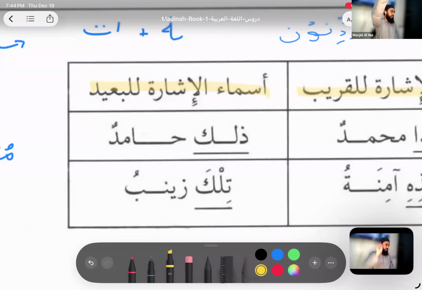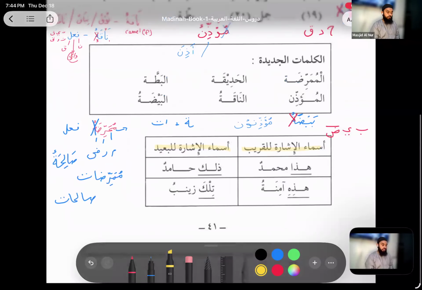هذا, how do you say that for masculine? ذلك. Female, this. هذه. Female, that. تلك. Put that in your heads. Keep this in your minds all the time. Very important. This is the gist and the summary of this lesson. Just know the difference. تلك, ذلك, difference. That. Female and male. هذا and هذه. هذا and هذه, yeah, they sound very similar. But tilka and ذلك, they sound very different. They're not even from the same root letters, right? But you just have to know that. تلك and ذلك versus هذا and هذه, this, that.